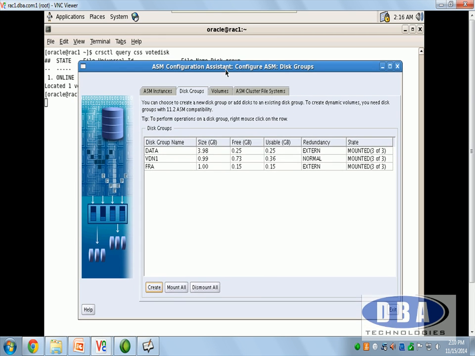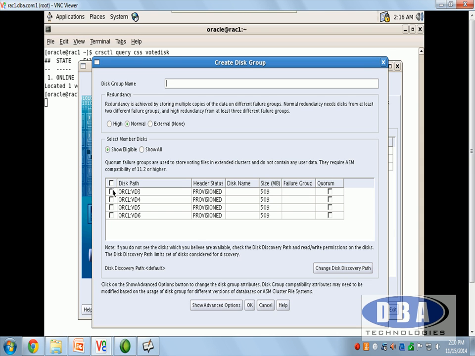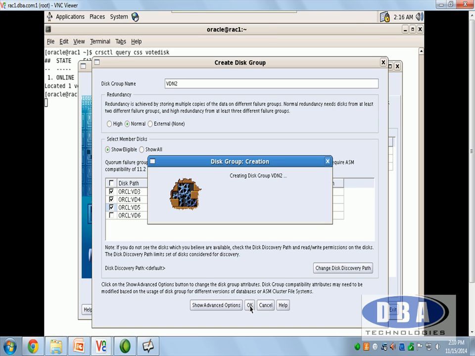And then let's create another one. Okay, we have VDN1 and say one more. I would like to use 1, 2, 3: voting disk normal 2, the one which is going to be successful, right? VDN2, voting disk normal 2. So I have 3 disks in it. That is the point we've been talking about. Let's say okay. If I pick high, I should provide 5 disks. We have only 4. That's the reason I still pick normal.